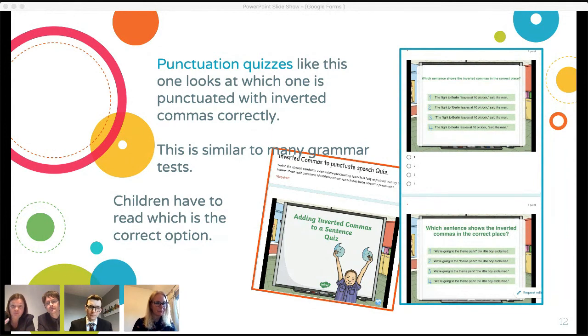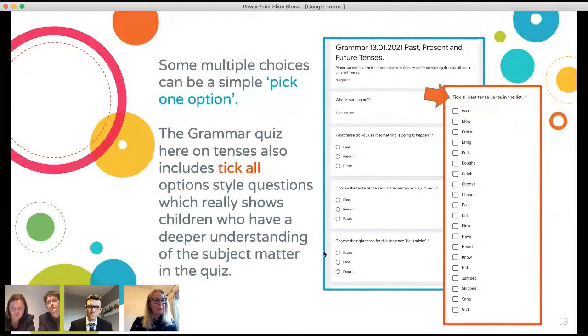And moving on from practicing the grammar, this next slide shows you that you've moved to more formal tests, so you can use forms to be a little bit more formal in your assessment as well. Totally. So when I was thinking about past, present and future tenses, which really needed work, I did the beginning questions of pick one option, which is the correct version, past tense of this word, or that kind of thing. But then